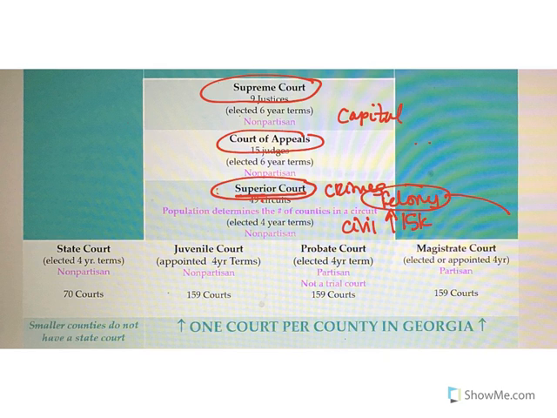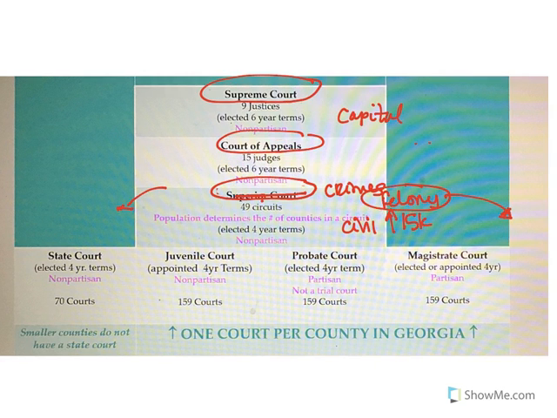Now, all of your lower courts get a little bit confusing, so we're going to talk about their jurisdiction, meaning what kind of cases they hear. The one that is the most self-explanatory is your juvenile court. It deals with anything involving a minor under the age of 17. This does not have to be a crime. It may also be about the child's health and well-being. If a child is in danger in their home, the juvenile court system will deal with it.